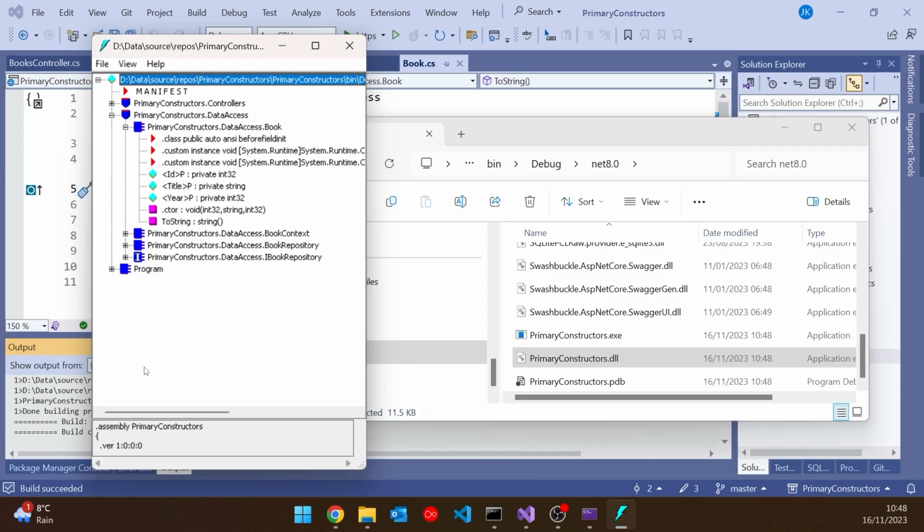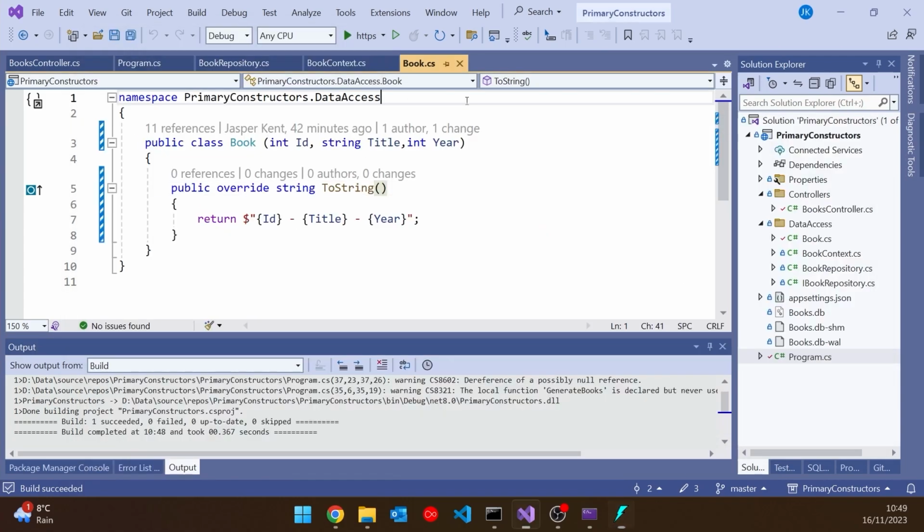Now it looks a bit more complicated because it's given us these generated private fields. And that's a key thing to notice. When we had the record, the things in the primary constructor were properties, but here we're just getting fields. And it's given them slightly made up names, ID in angle brackets P, title in angle brackets P, year in angle brackets P, but that's what it's generated from the constructor and initialized in the constructor. And notice we're not actually referring to it quite like that in the code, we're referring to it just as the name we had there.